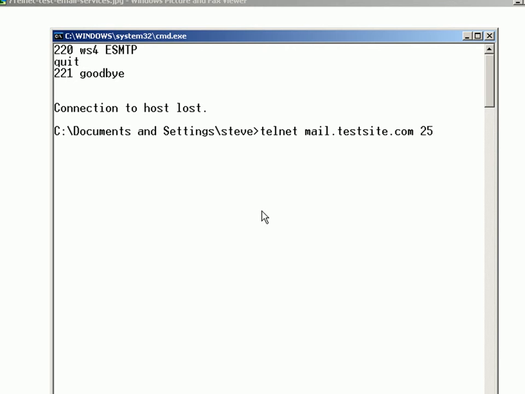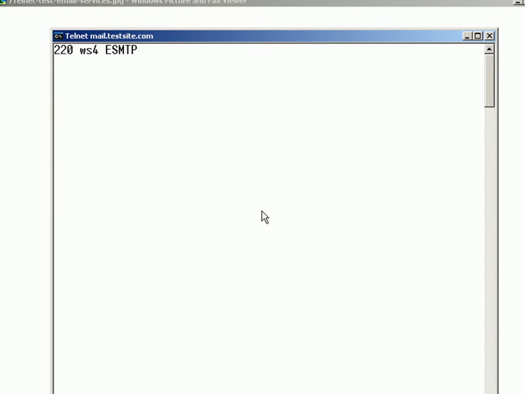to test that server. Now all I really need to do, I don't need to enter any commands into it, I just want to see if it's working, and if it responds to me, it's working. So if I type in Telnet, the server name, port 25, I get a response back from that server. Now I can sit here and type in some SMTP commands, and I can send email using the command line if I want to, but for troubleshooting purposes all I need to do is to test whether it's responding, and it is. So now I just quit that,